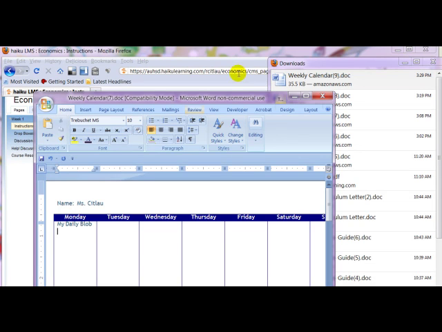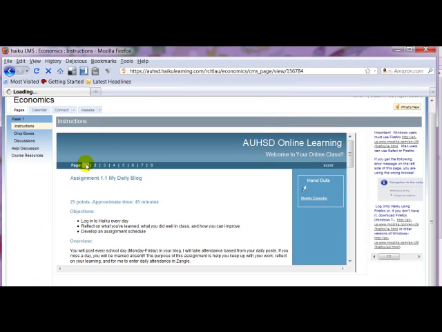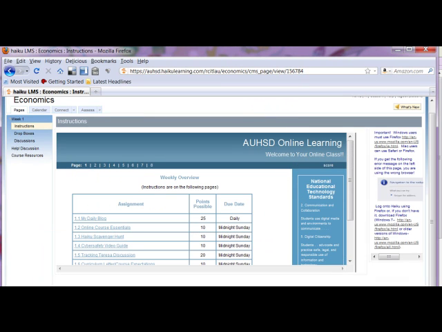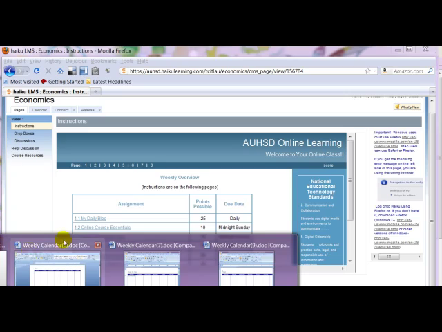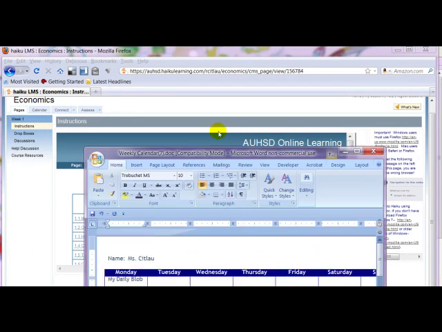and then you're going to look at, I'm going to go back here to page 1, I'm going to look at the assignments and see when I would complete them or when I think I'll complete them during the week. Now your schedule might change. That's okay. The assignments are due on